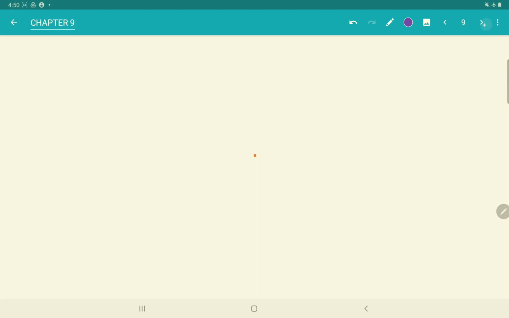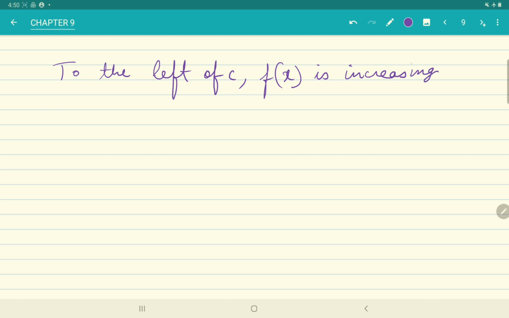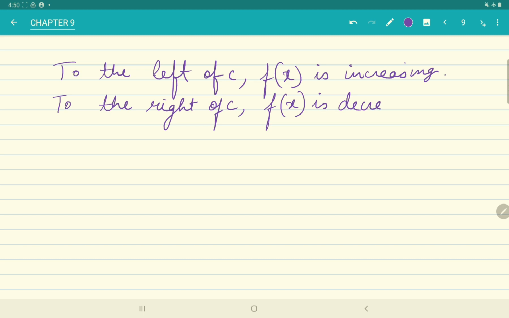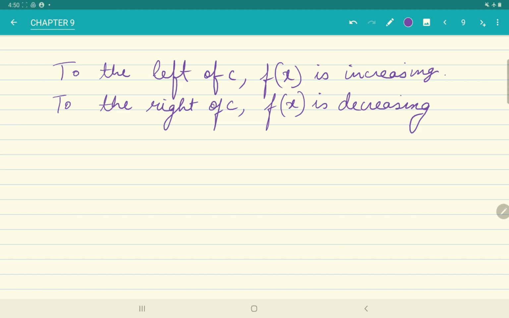So this we can write that to the left of c, f of x is increasing, to the right of c, f of x is decreasing. To the left of c it is increasing, to the right of c it is decreasing. What it means is that if we think of